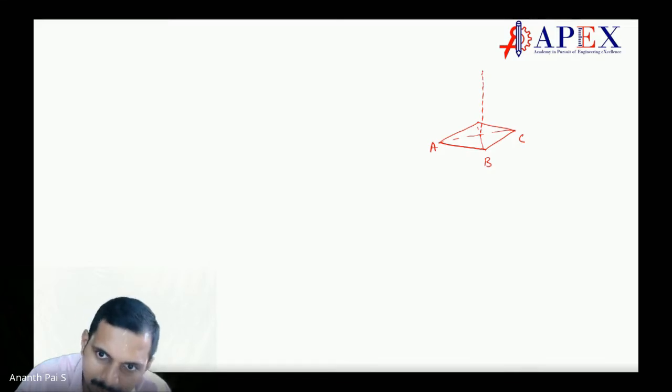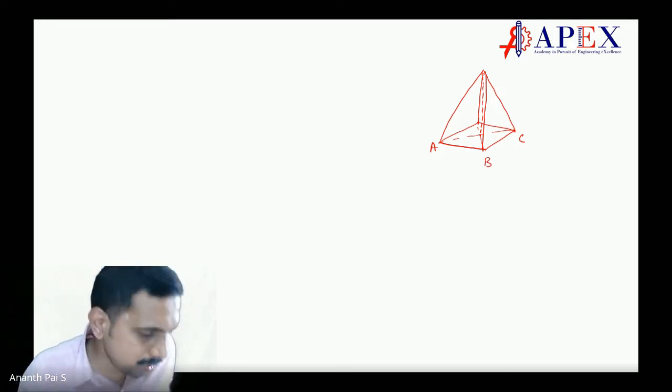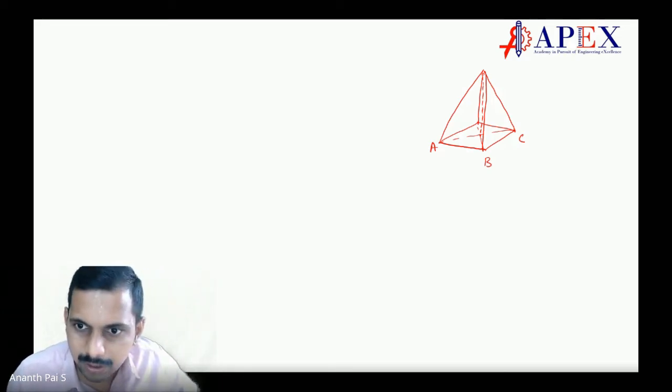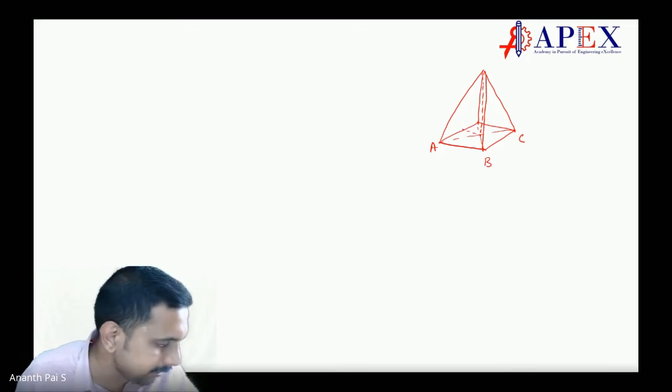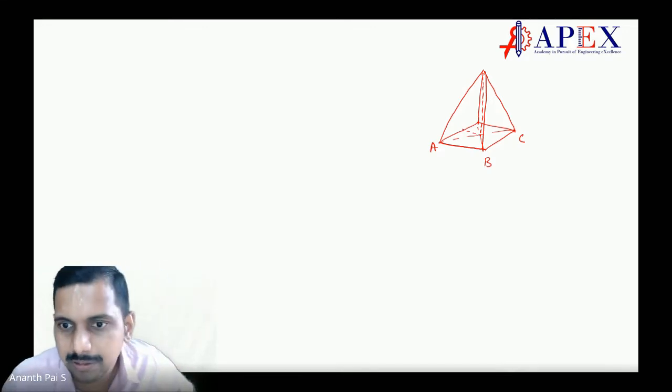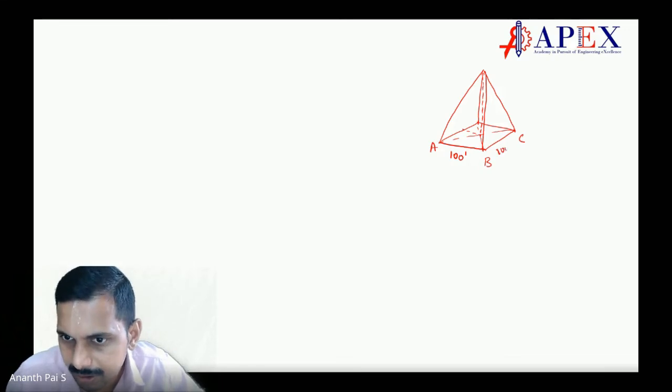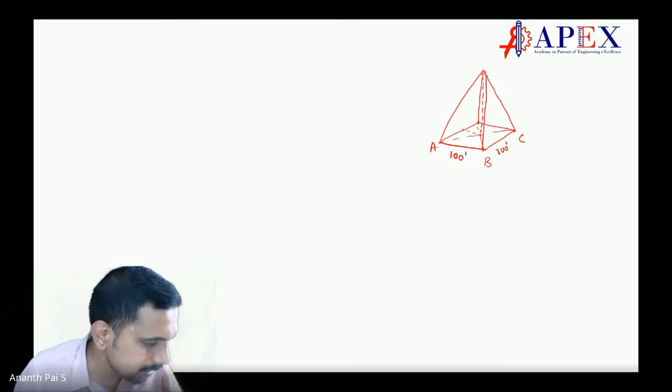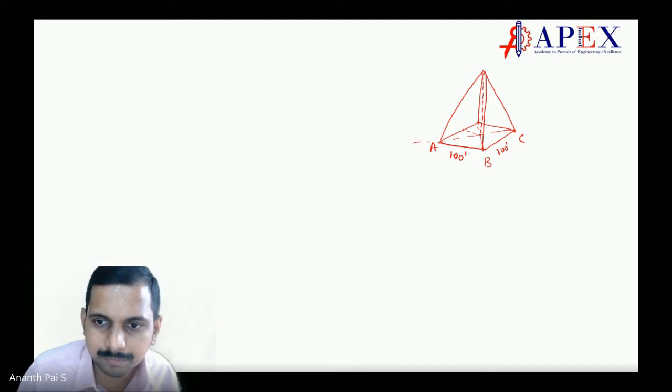Somewhere here. And then let us join this. 1, 2, 3, 4. This is a pyramid. Okay. So now on this pyramid, it is seen that everything has a thing of 100 feet. 100 feet is the sides. And the height of this pyramid is 300 feet.